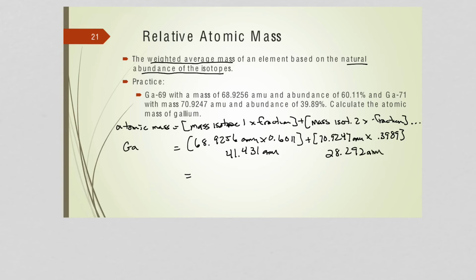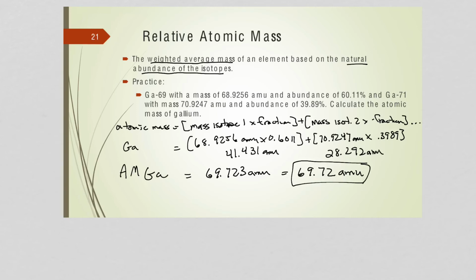And if we add all this up, we get 69.723 AMU. And we're going to round this to 4 significant figures, or 2 decimal places, and that's a good guideline when we're working with these atomic masses based on these percentages. So we're going to take this to 69.72 AMU for the atomic mass